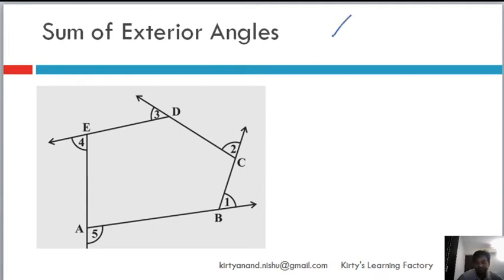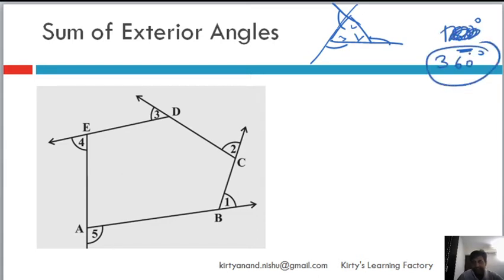Now once again, if you remember, for a triangle we learned that the sum of all 3 exterior angles of a triangle, this angle and then this angle and then this angle, was basically 180 degrees, right? We learned that. How did we learn that? Because this angle and this angle is 180, so angle 1, angle 2, angle 3, all these are, I said 180, my bad, it is 360 degrees.